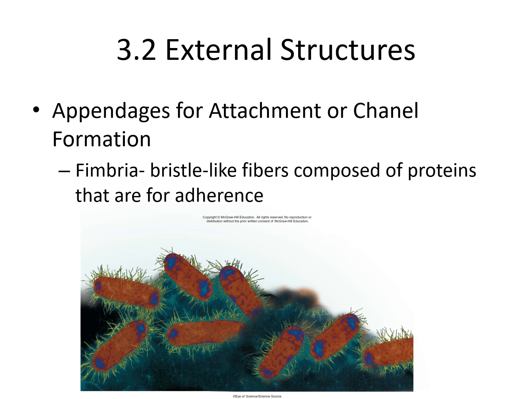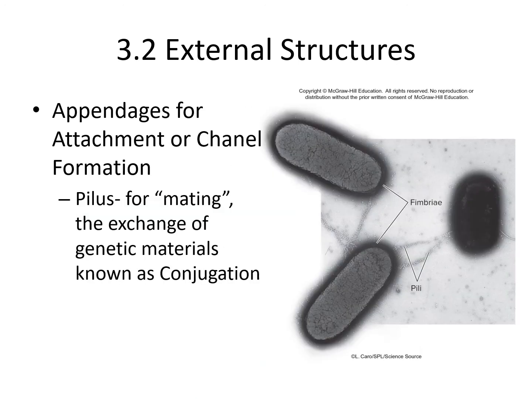Now, it looks like it's just a ring, but you've got to remember, this is a microscope picture, so these fimbria are all around it, in all 3 dimensions. They surround it. They're polymers of proteins, long strands of proteins, glommed together, forming these bristle-like structures. They're great for adherence. Counter that to the pilus, which is plural,